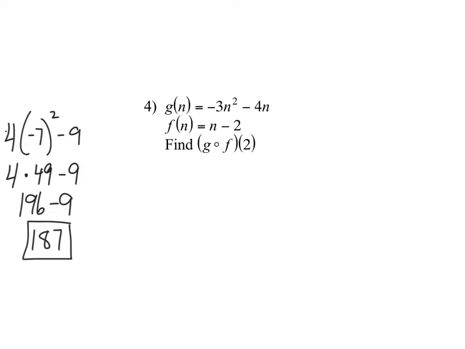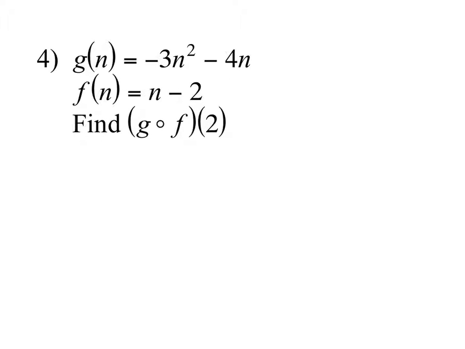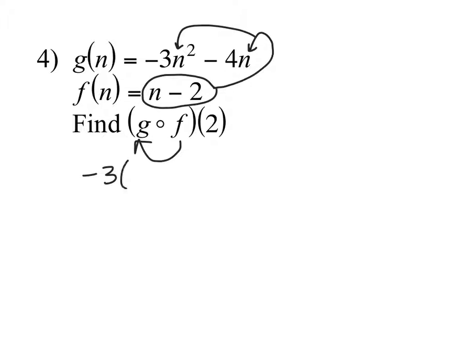All right, so let's take a look here at the second example. This time, I want to find G of F of 2. Okay, so again, we're going to take F, plug it into G. Now, I'm going to take this right here, F, plug it into every N that we have. So this is going to be negative 3 times the quantity, N minus 2, quantity squared, minus 4 times